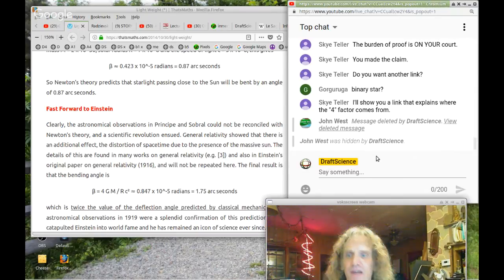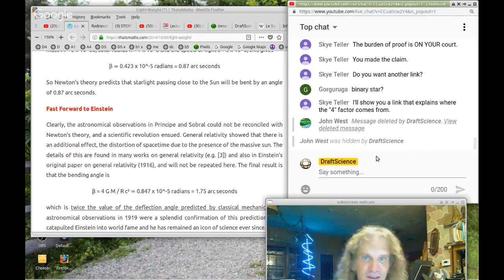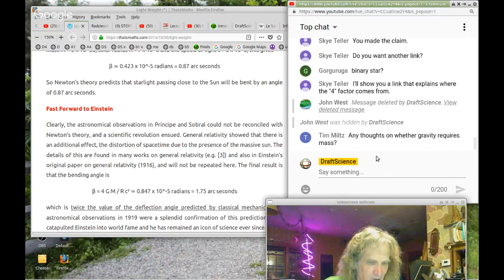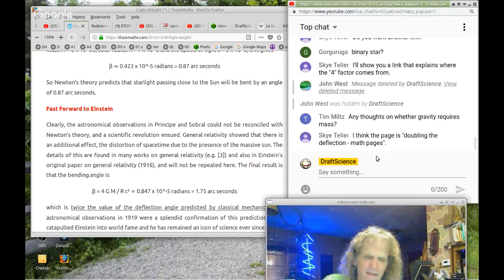I mean, the only rationale I've heard for Einstein's idiotic 4 factor is the fact that he had this idea that the photon is moving the speed of light. Therefore, it thinks it's in the gravity twice as long because it's moving fast and it's time dilated. You get it? Its brain is moving really slow because the photon's moving really fast. So it thinks it was in the gravity twice as long. And therefore it got twice as much gravity because it thinks so.